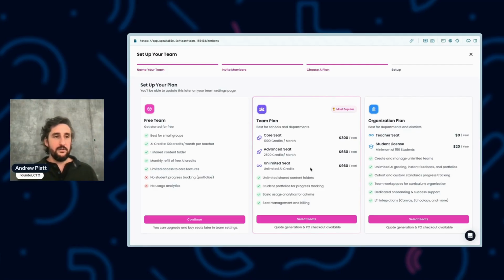So you'll have access to the ACTFL standard and WIDA. If your students are English, those are automatic. To get the custom standards for the portfolios, those are on the organization plan. And of course, with the team plan, you do get the ability to share and create unlimited content in the